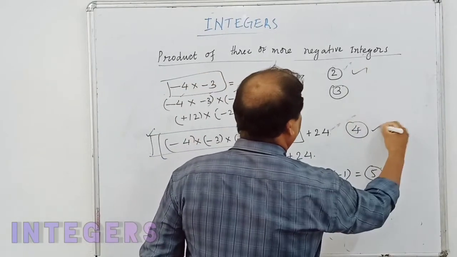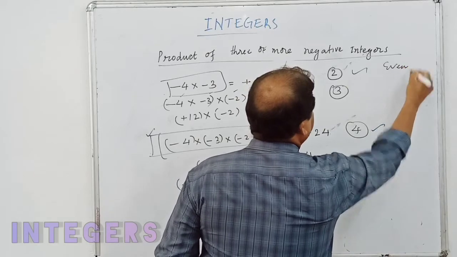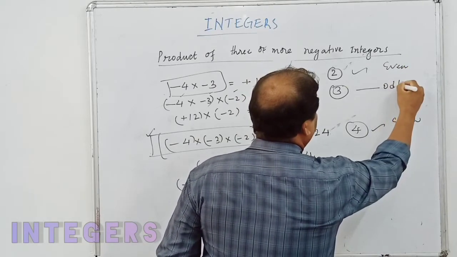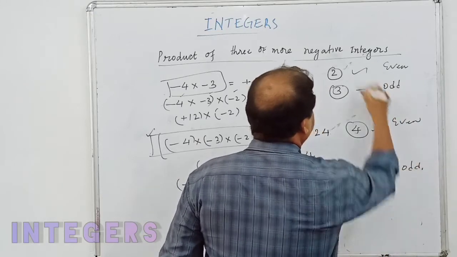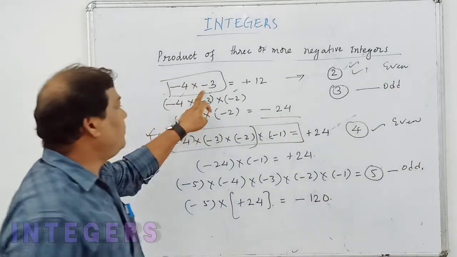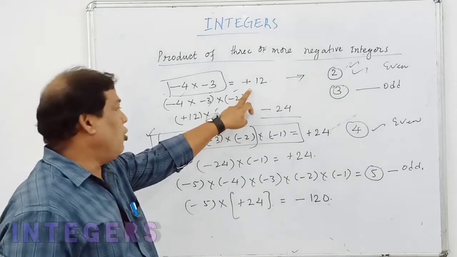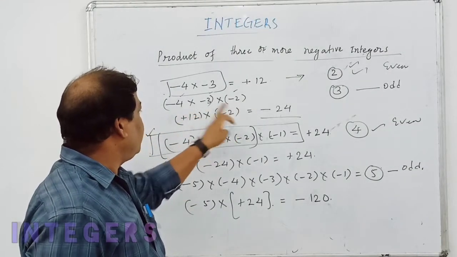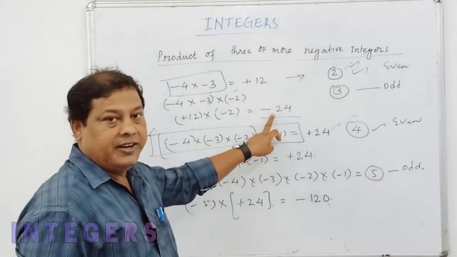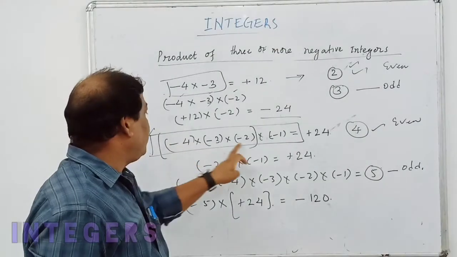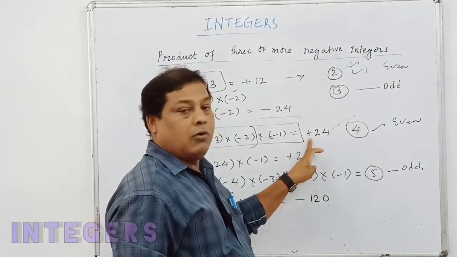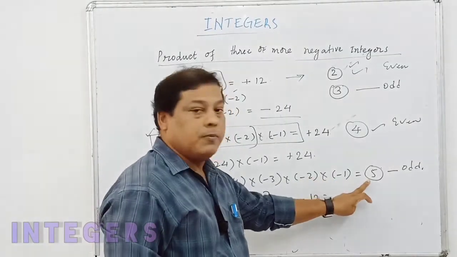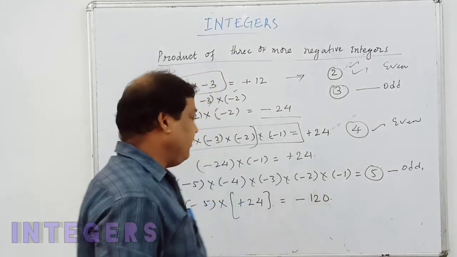So 2 and 4 are the even numbers. So 3 and 5 are the odd numbers. In even numbers, we get positive sign. In odd numbers, here 1, 2, 3, we get negative sign. Here 1, 2, 3, 4, that is the even numbers, also we get positive sign. In odd numbers, we get the negative signs. Means